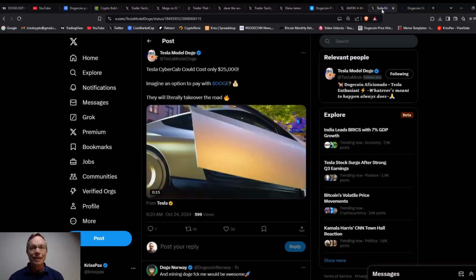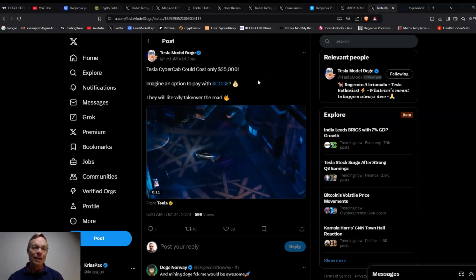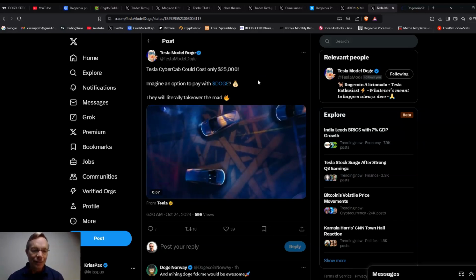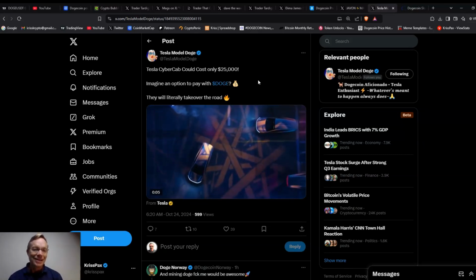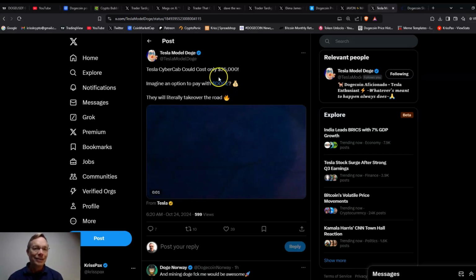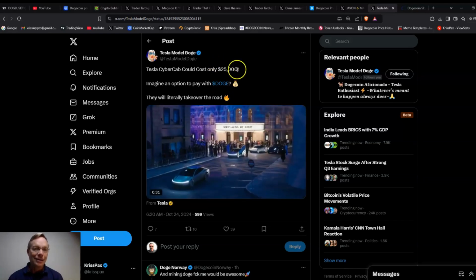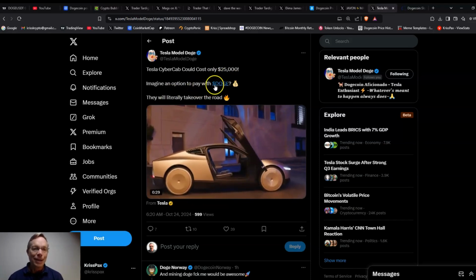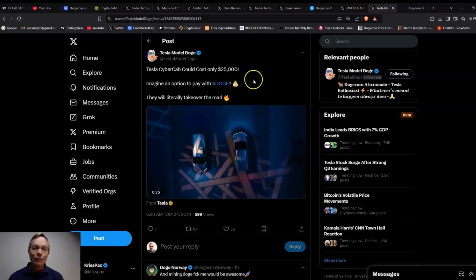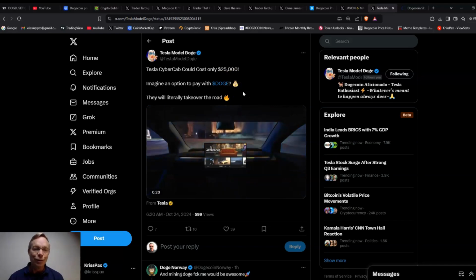November. Bigger term, what are we looking at? This Tesla Cybercab, Model 2. Is it coming out in 2025 or more like 2026? Not quite sure yet about that whole thing, but could it only be a $25,000 car? And imagine an option paying with Doge. Looking out in the future, that is a very exciting thing we could be looking at